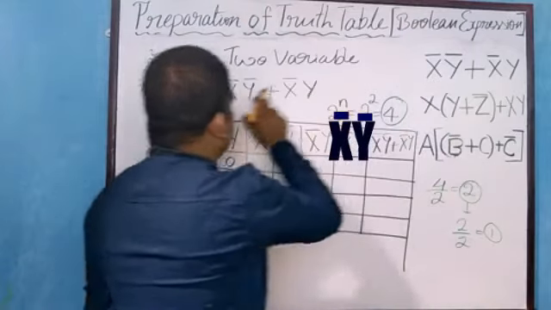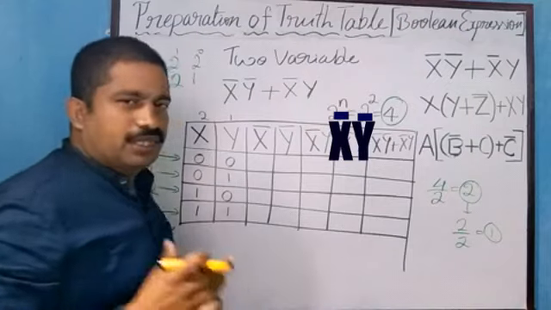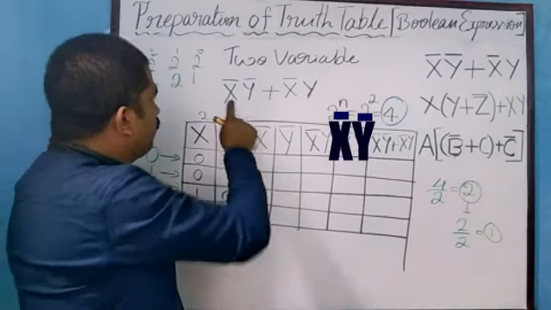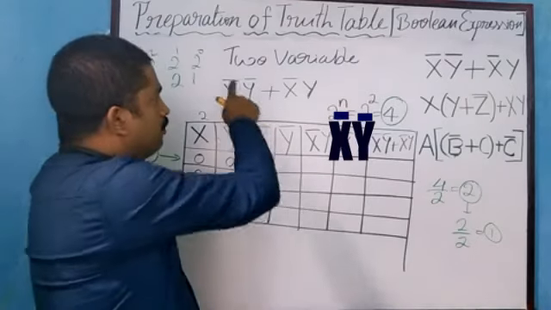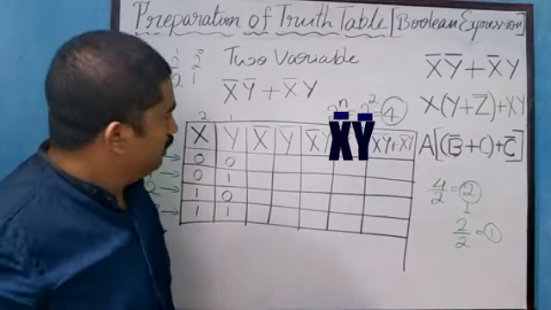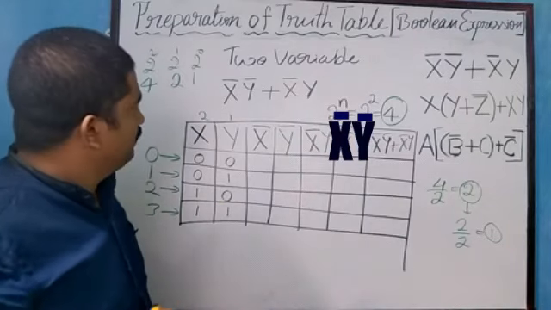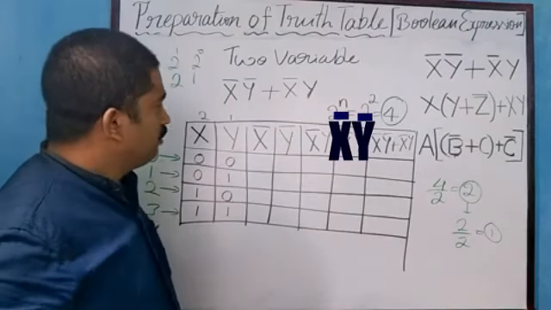What is the expression? X complement y complement plus x complement y. See how many variables are there. Here only 2 variables. Which are there? X, y. So don't count like this 1, 2, 3, 4. There are only 2 variables, that is x and y. Okay. So it is only the complements only. We can get those values afterwards.